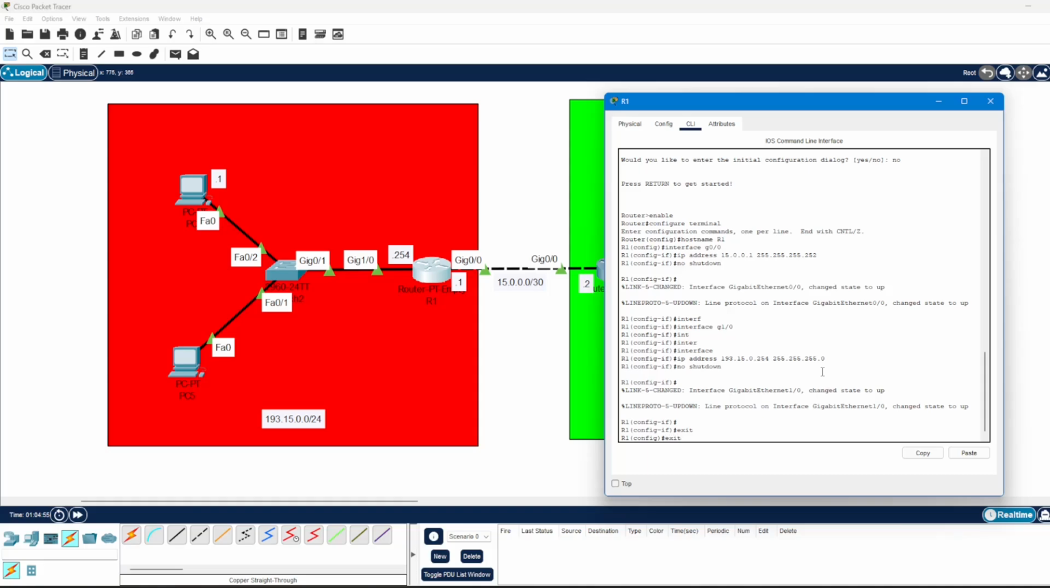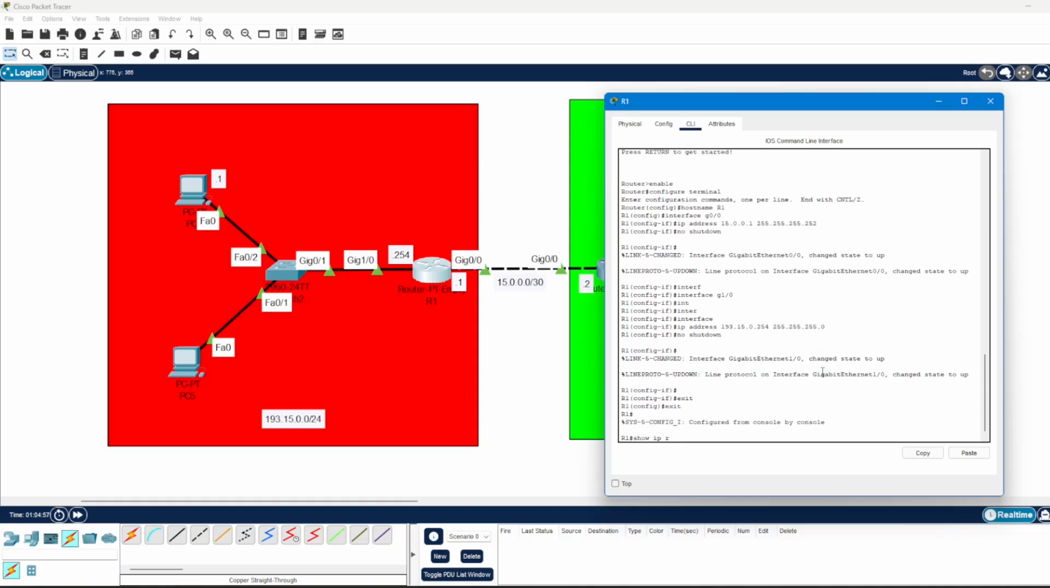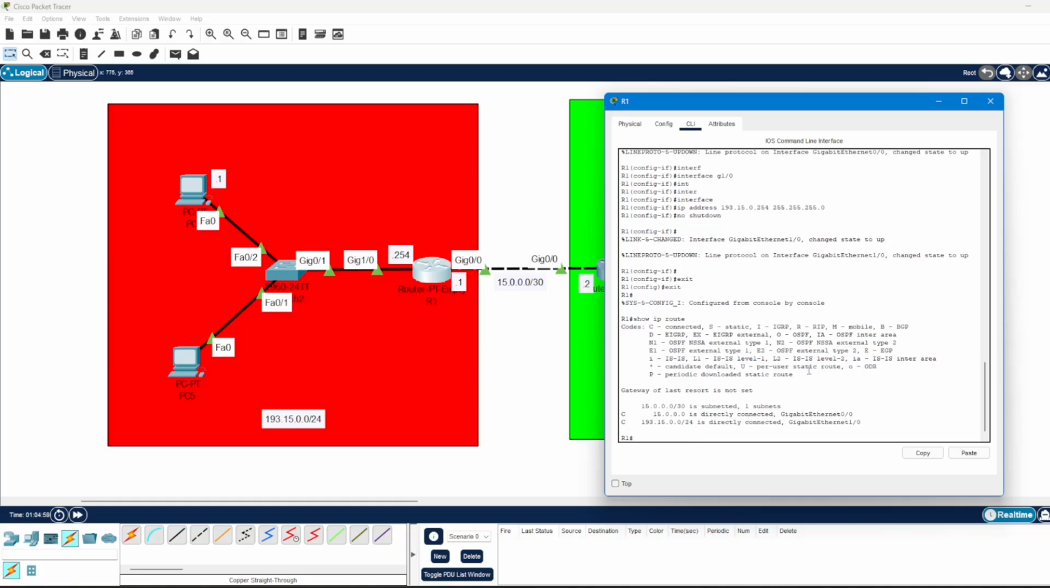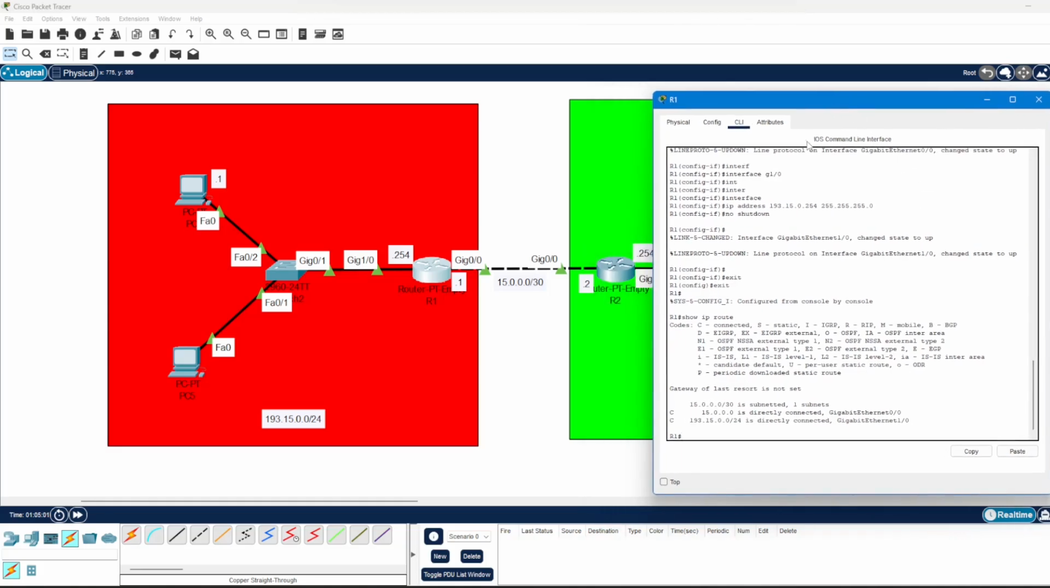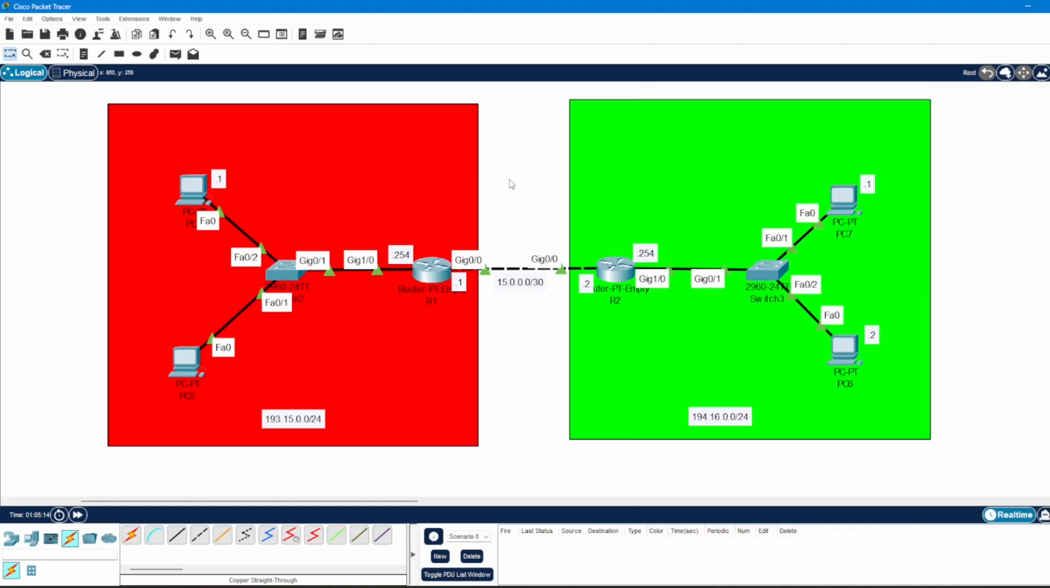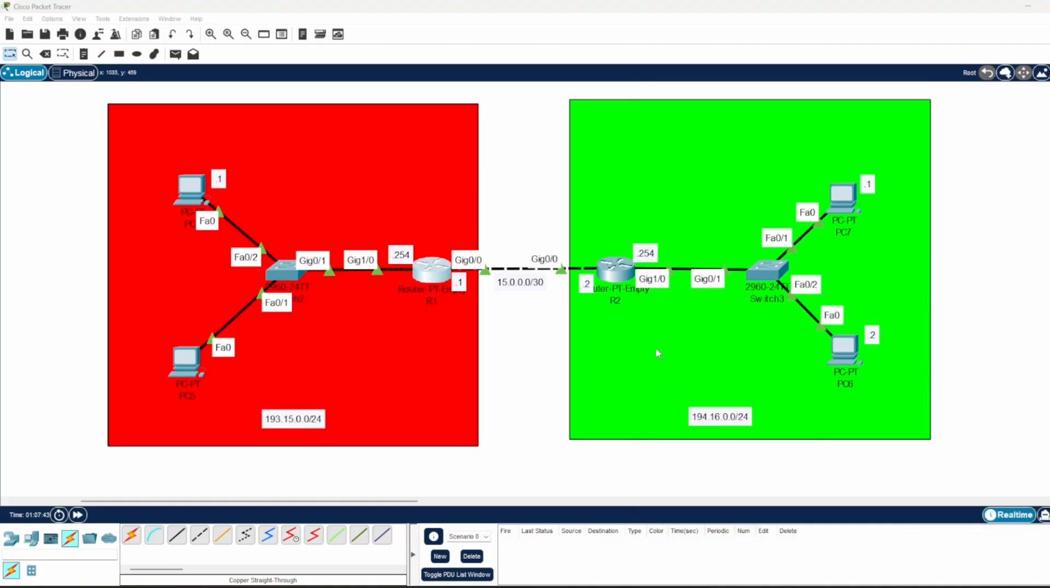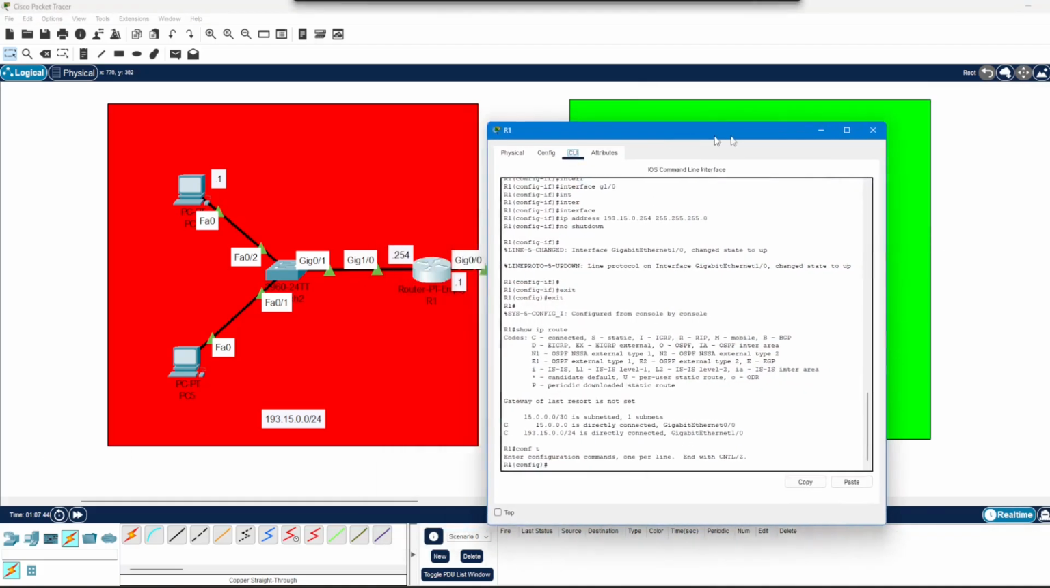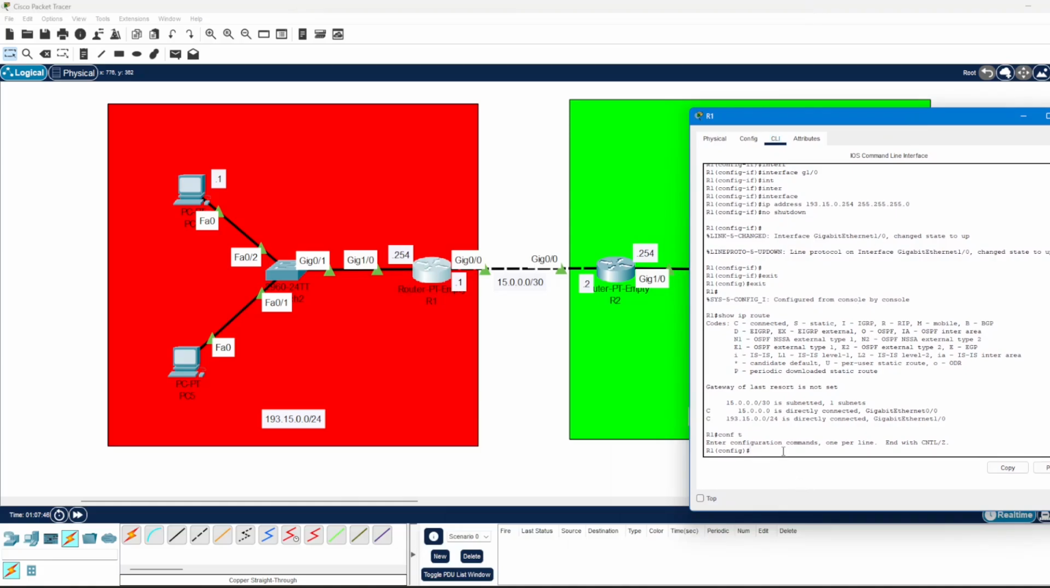So to look at the routing table, as you can see here, this is the routing table of a router. And this is how a router makes its forwarding decisions on what network to go to. In this case, it does have a directly connected route to this network. Okay, so now let's implement static routing. So let's do